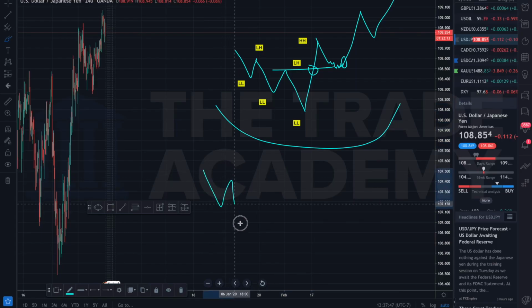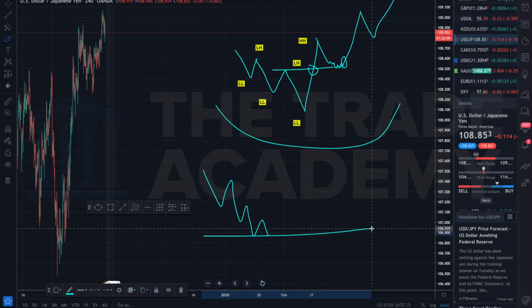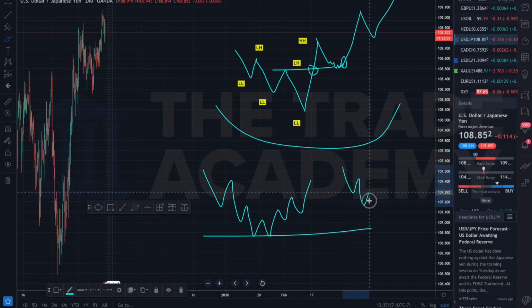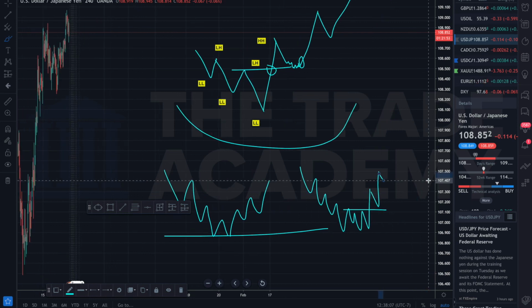The other setup you can have is something like this. It can go ahead and do a double bottom. Okay, you could have something like this, where it goes down here, consolidates, and then breaks out of the consolidation and retests here. Okay, so in terms of actually looking for the buying opportunity,